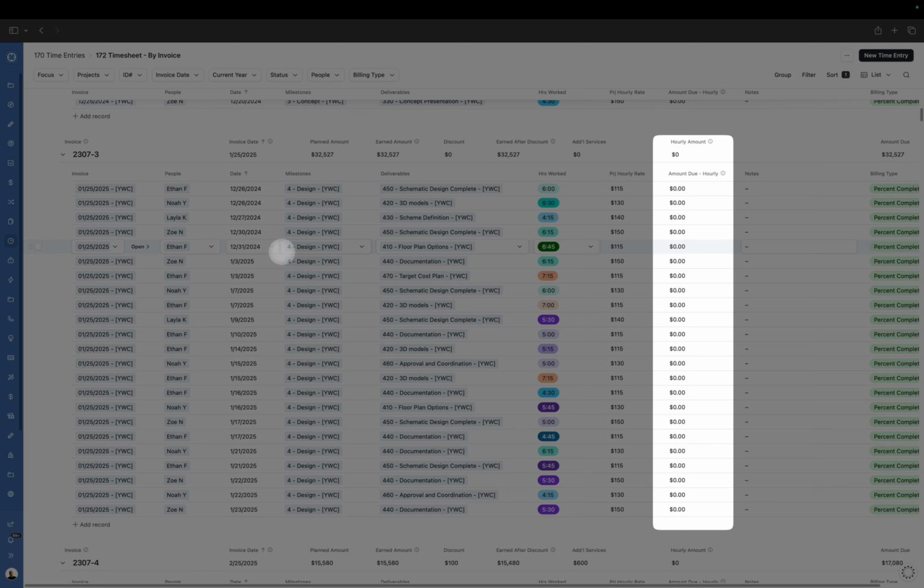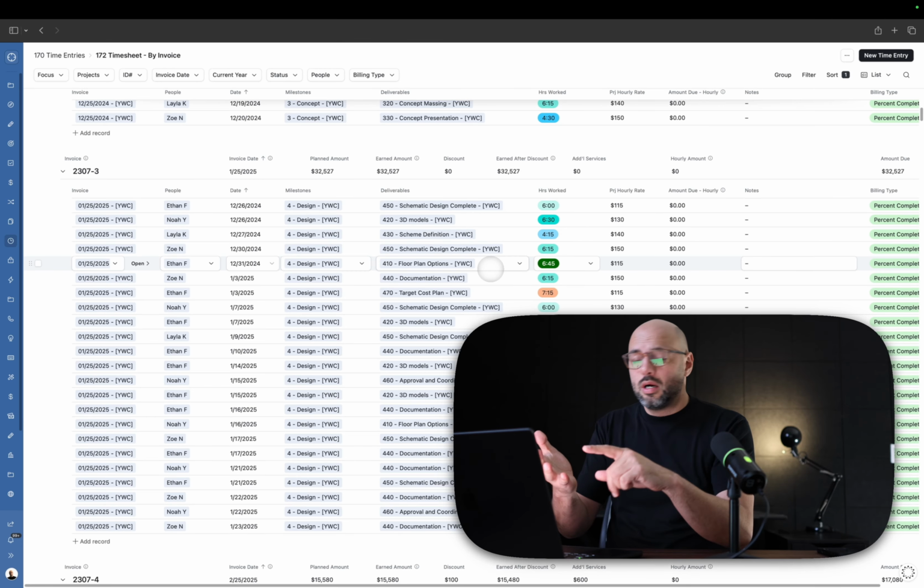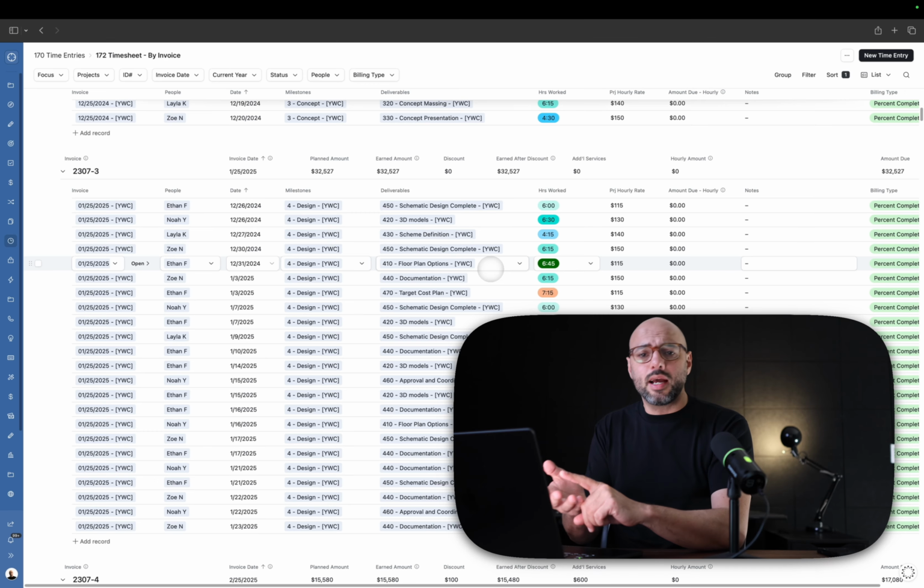period. So sometimes you don't have an amount due hourly because you're billing by percent complete. So you still want to be tracking time against those tasks because that's going to go through the system into your operations. It's going to help you to measure utilization. It's going to help you to measure your realization rate. It's going to help you check against your profit plan. So all this information is very good data for your business. But when you have